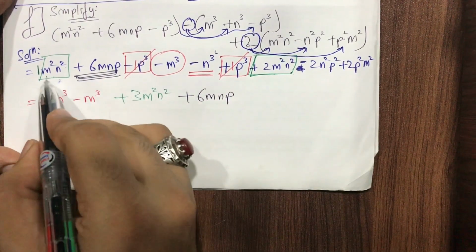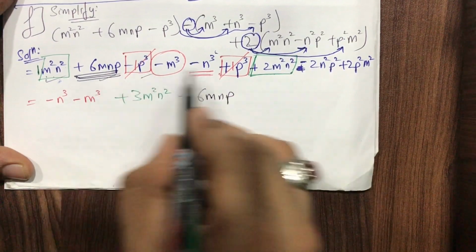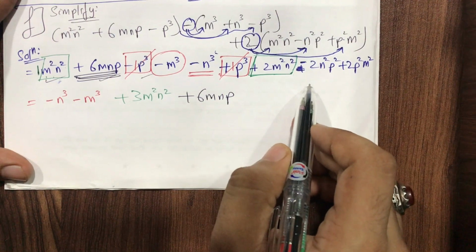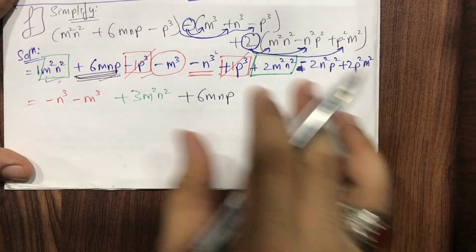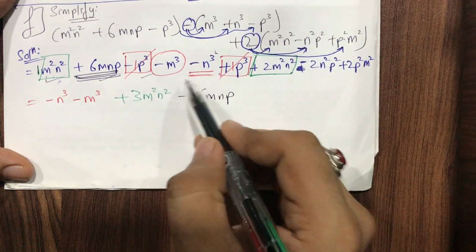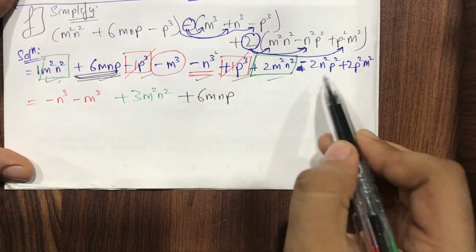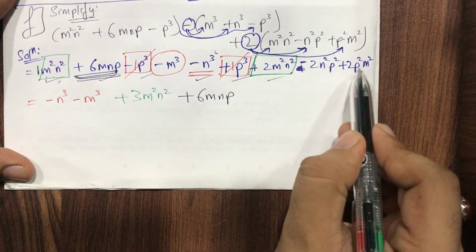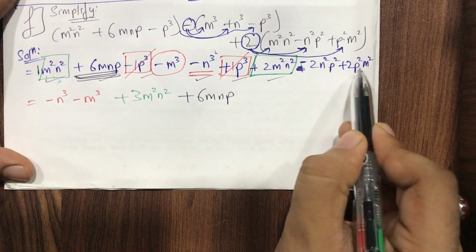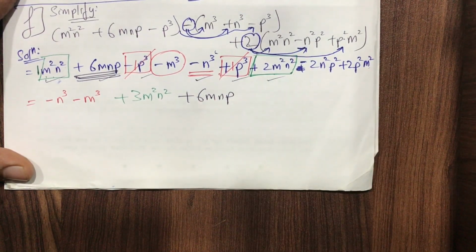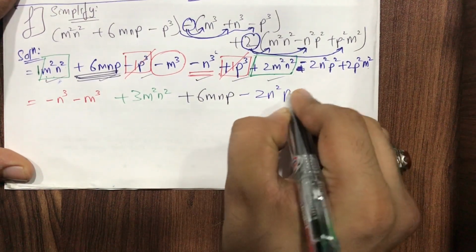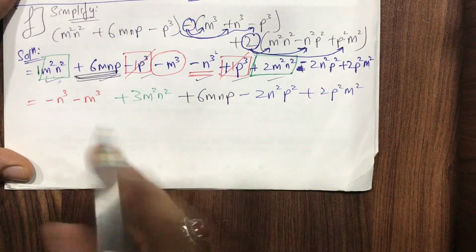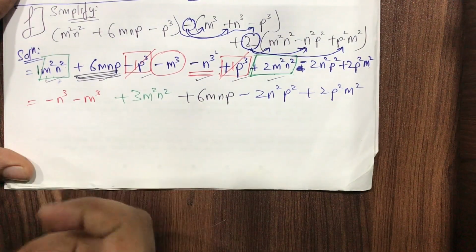Okay, great. So this is done, this is done, this is done. We have to trace it like this, because what happens in such types of questions, just in the excitement of the solution or in the flow, many times we miss some of the terms. This is done, this is done, this is done, this is done. Now this is the term of n square p square. Do we have any other term? No. And then we have p square m square. So both of the terms are unique, so just copy it as it is. So this will be minus 2n square p square as it is, and plus 2p square m square. So here there are no two like terms, so we cannot add or subtract anything, students.